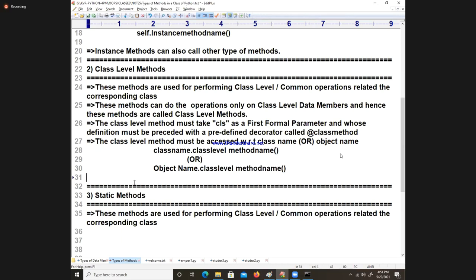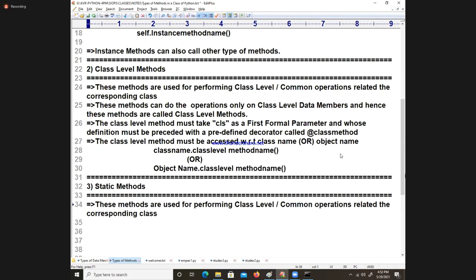Coming to the point back here, static methods. These methods are used for performing utility operations. Utility operations, that is called independent operations, operations irrelevant to the corresponding class.